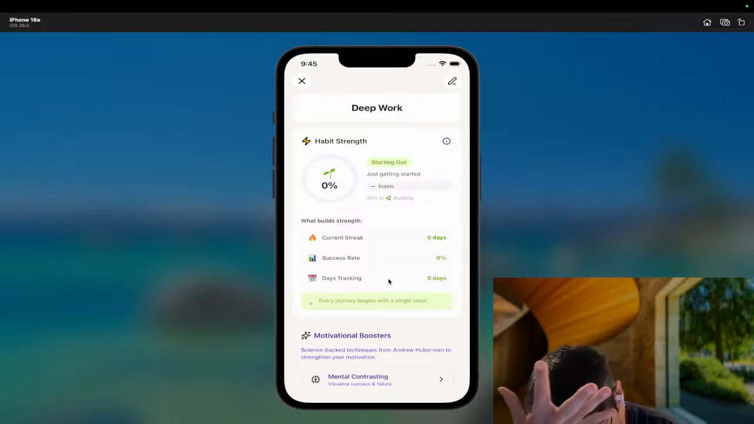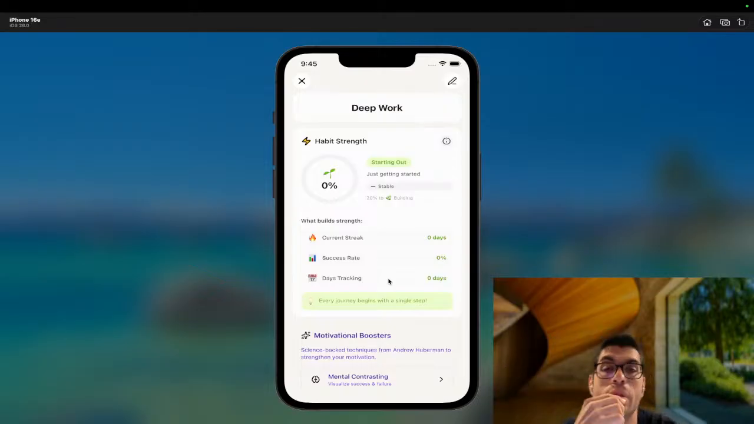Okay. So in habit details, it doesn't have to be habit details page. It could be